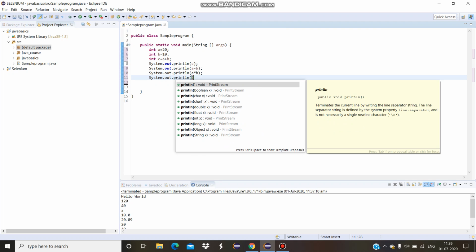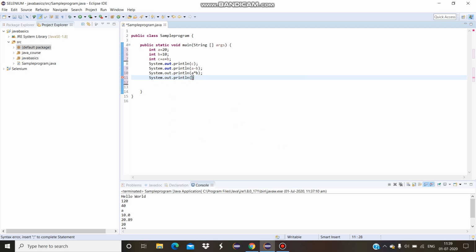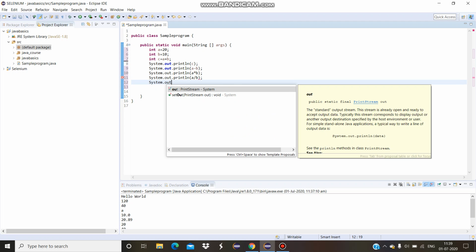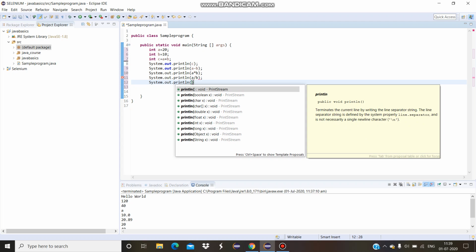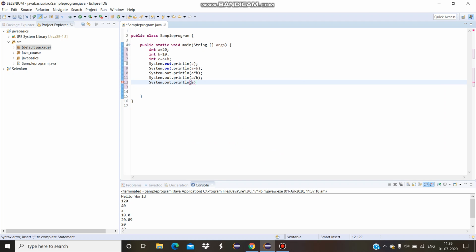System.out.println a by b. System.out.println a mod b.